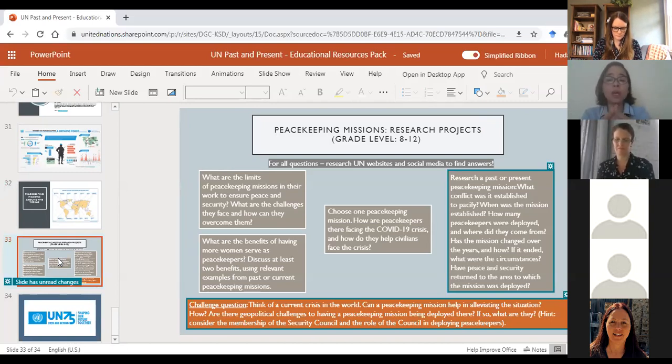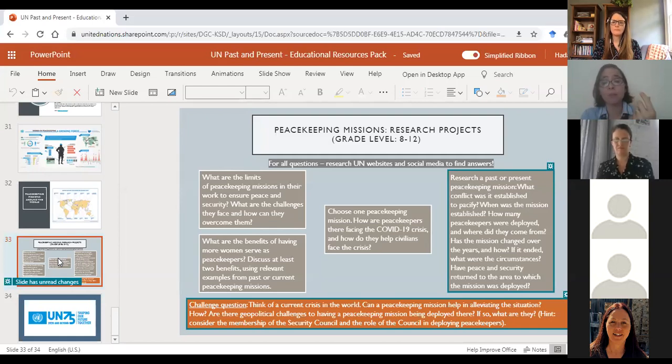It could also be historical peacekeeping missions. Over the years, there have been more than 70 of them. So they think about what happened there, what challenges the peacekeepers had, and how they tried to overcome them. Another option is to have students research specifically the role of women in peacekeeping,